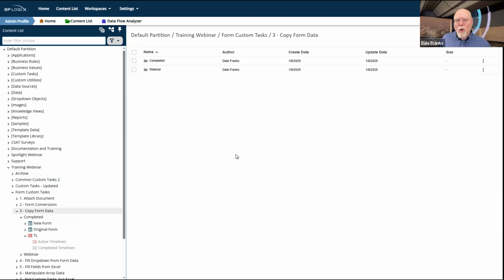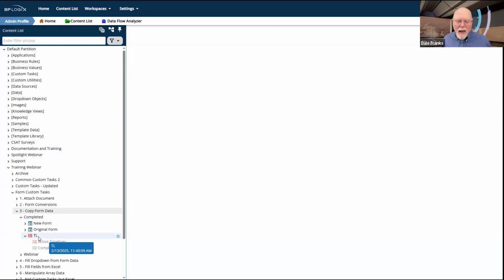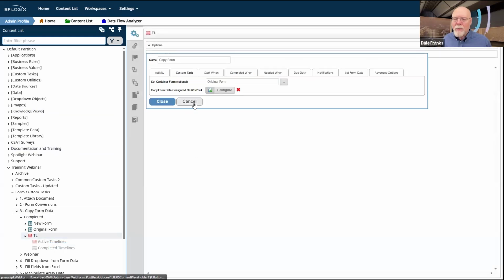And so we're going to launch the run process CT. Now, whenever we launch run process, a couple of things are going to happen. It is going to copy the form from my parent process to the process that gets launched through the run process CT. So my original form would just get copied down into my second process. But that second process probably has its own form. So I can use the copy form data now that I've got the second process running. Inside my second process is where I'd run the copy form data custom task. And I would just say, okay, well, fine.